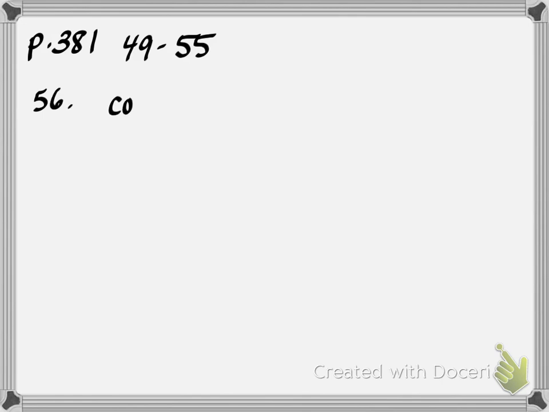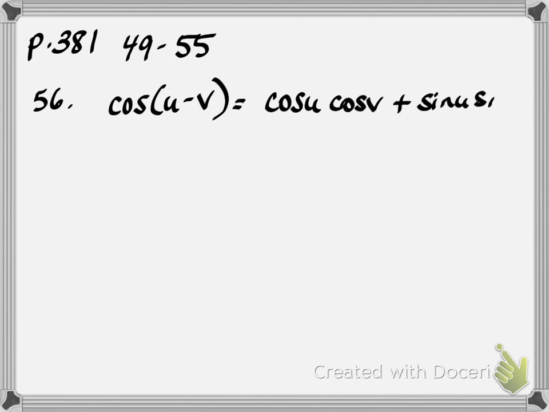We're going to find cosine u minus v. So if you look that up on your sheet, you find that in the sum and difference formula. And minus is the bottom symbol. So we're using cosine u, cosine v, plus sine u, sine v. And they give us some